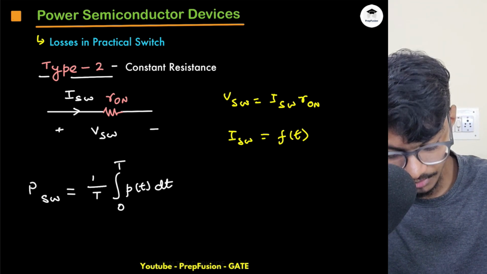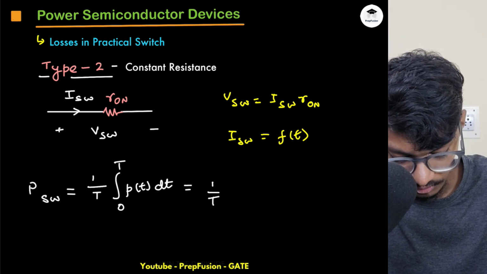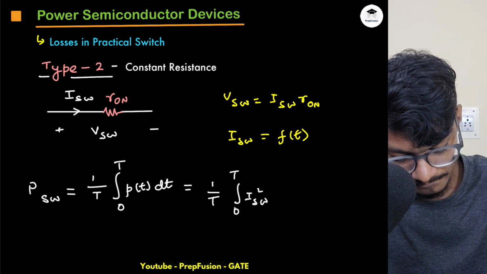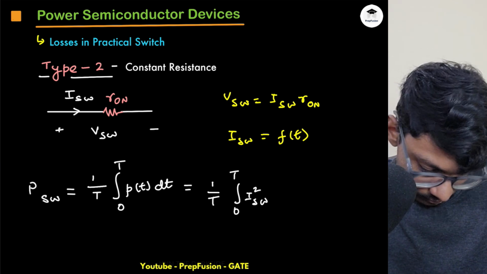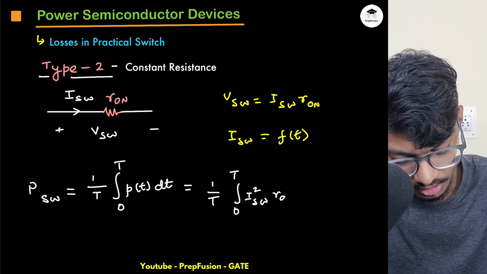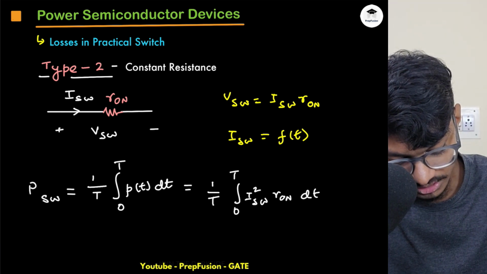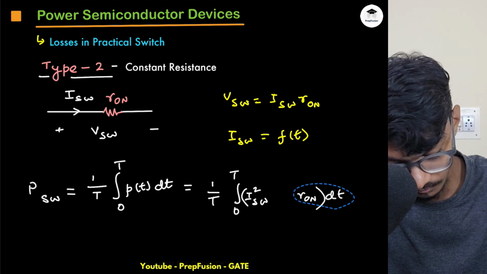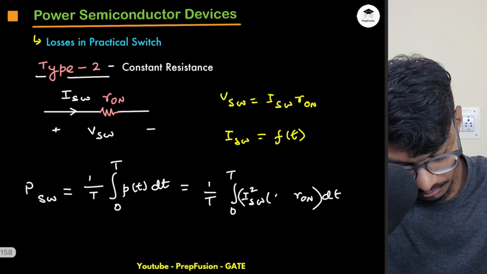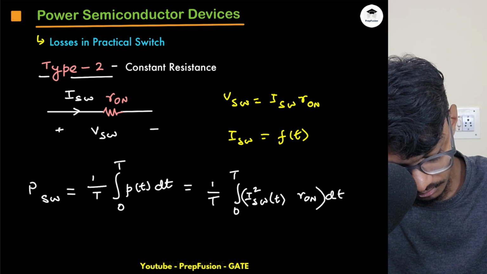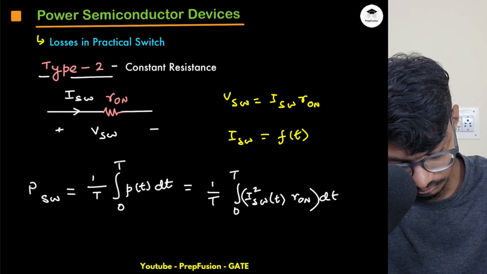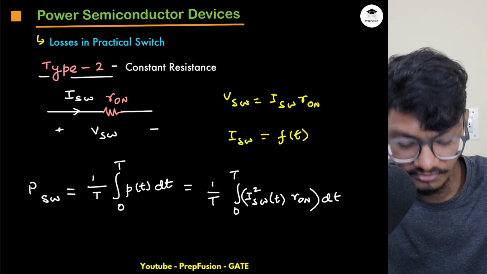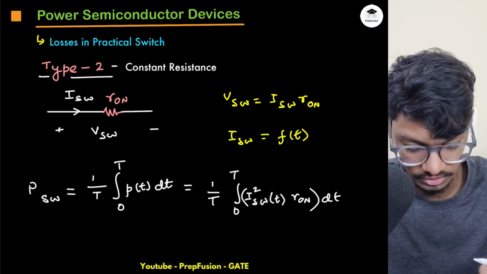If I replace it, the power will be simply I switch whole square into R on. R on is a constant value, and I switch is a function of time. So if R on is a constant value and I switch is a function of time,